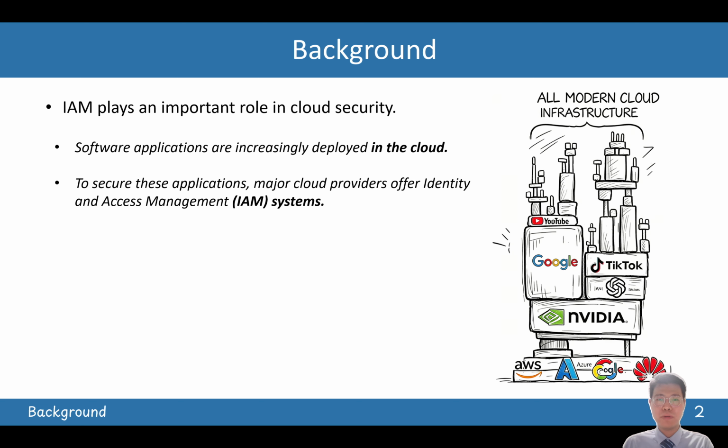Unfortunately, data breaches caused by misconfigured access control policies are alarmingly common. Numerous incidents reported in the media highlight this issue. For example, a misconfigured Amazon S3 bucket exposed the personal information of more than 50,000 Australian employees. These breaches can result in substantial economic losses. For instance, the Capital One data breach led to an 80 million regulatory fine and a 190 million class action settlement.